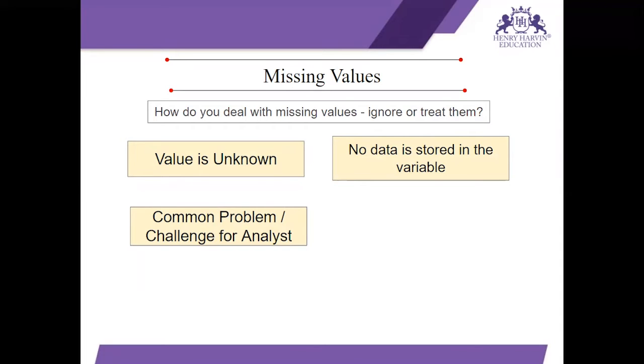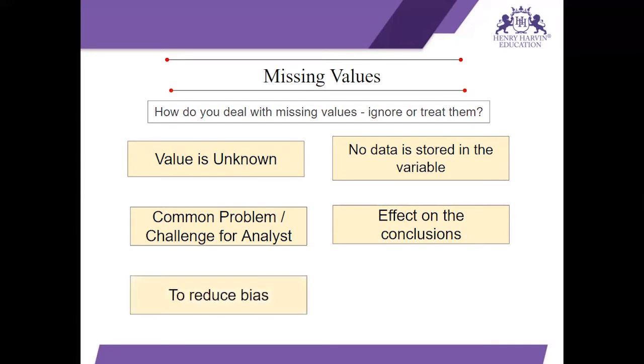Should we ignore it or treat it? We should not ignore these missing values, as treating them is the most important part of data processing. Statistically, if the data of missing values is less than 10%, we can probably drop those values and use the data. But if it is more than 10%, now why is it important to remove these missing values? Because missing values affect the conclusion or analysis that we are doing with that data set. It will not give you accurate results. Also, there will be a bias in the data.